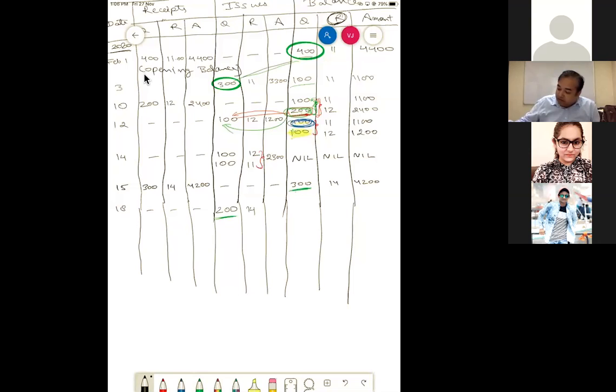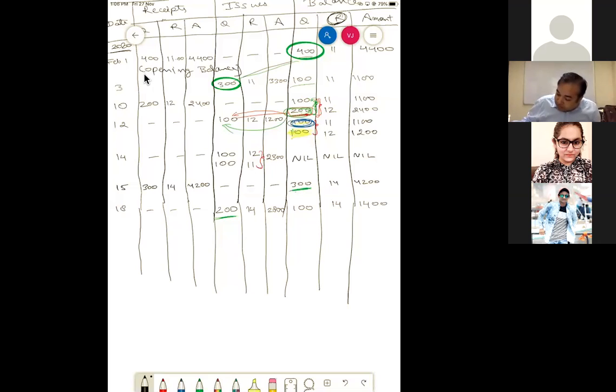So again, here it is 2800, the amount of issue, and the balance that remains is of 100. Rate would be 14, and so it comes to 1400. Now next date